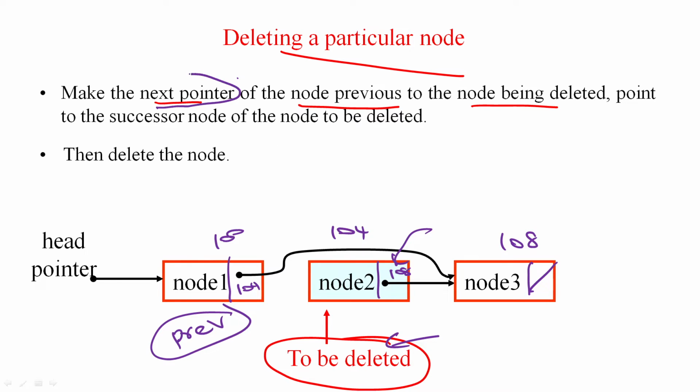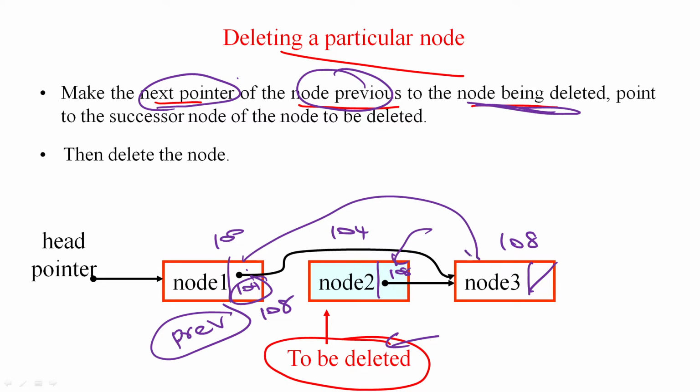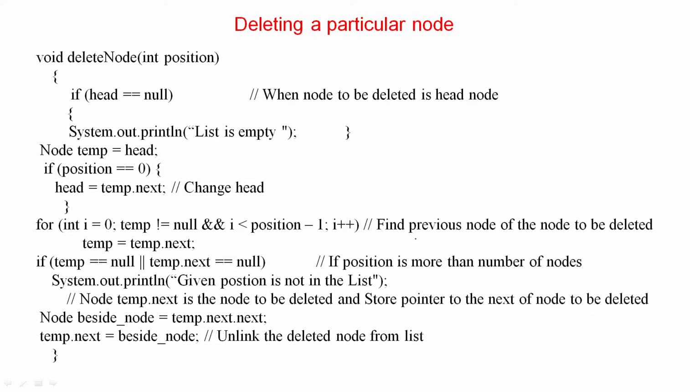This is the thing: the next pointer of the previous node has to be made to skip the node which is going to be deleted. Here this has to be updated as 108. Automatically the new link will be created to the node, then we can delete the current deleted node. So for that we can use